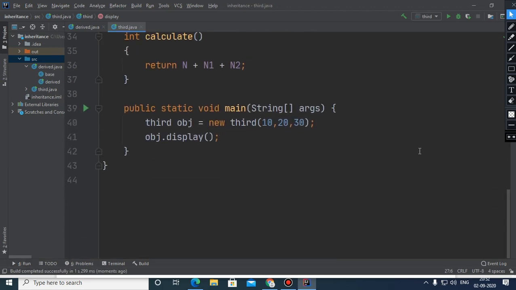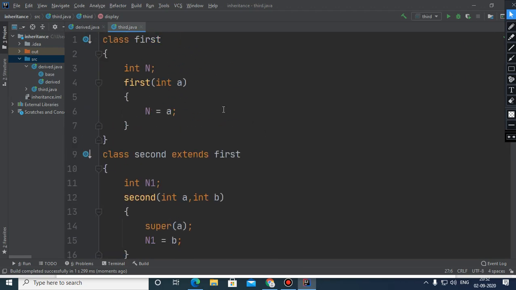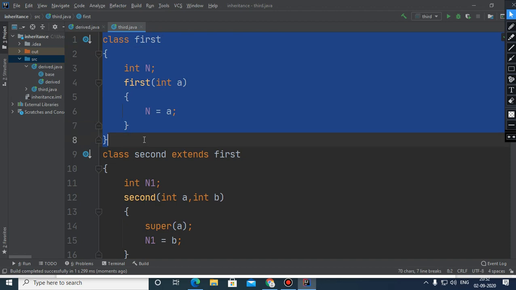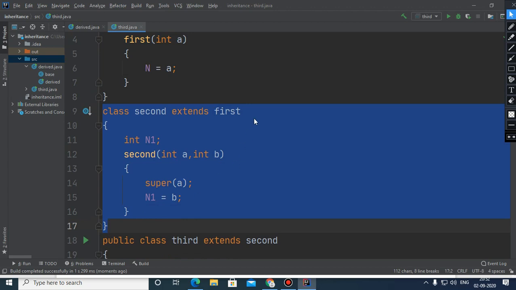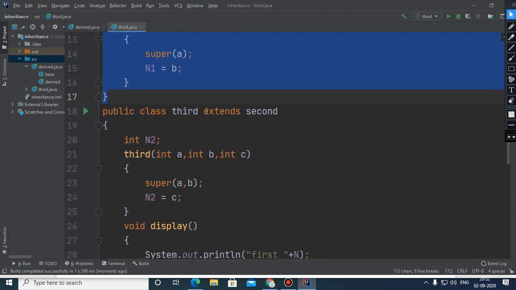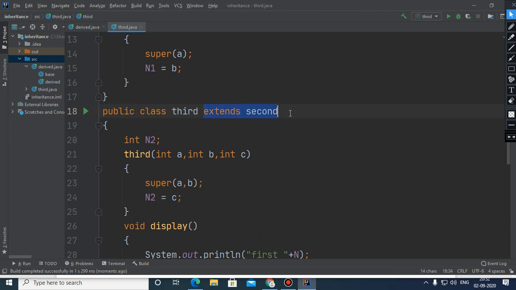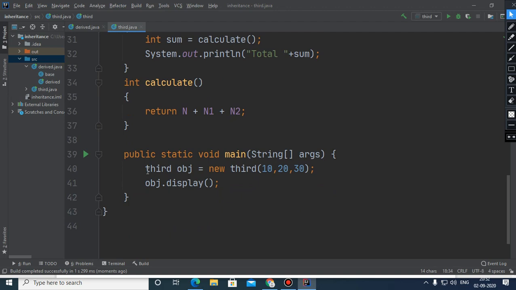So children, this is the perfect example of multi-level inheritance. You can see that the very first class is being inherited by the second class, and further the third class is inheriting the features of the second class. Within the main method I am creating the object of the third class, passing these three values.